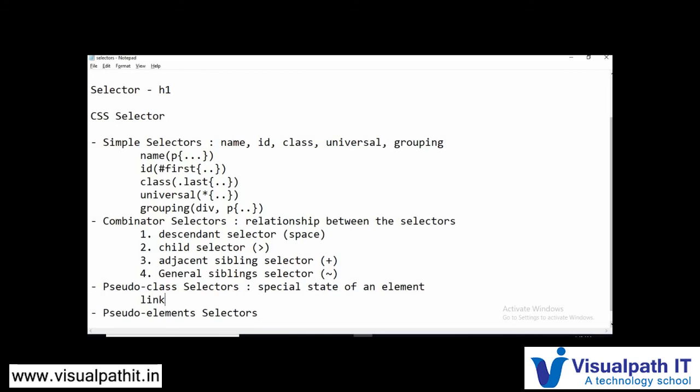So if you see that link, the first time you visit the website, it will be in a blue color, for example. As soon as you click on it and visit the next document, the link color changes from blue to some other color. Let's say the old one was blue, and now it has changed to red.